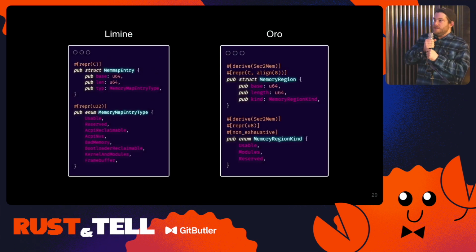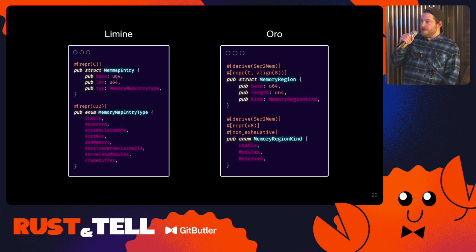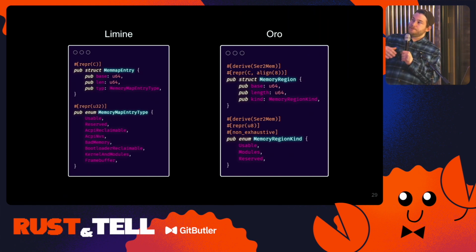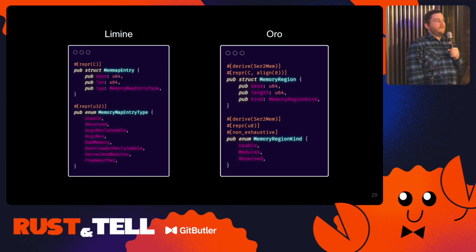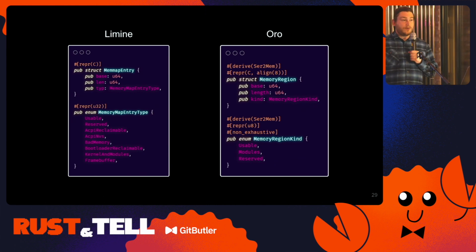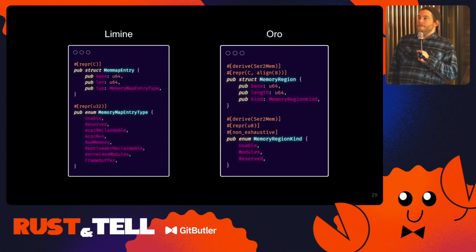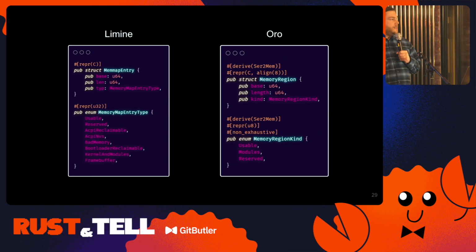So let's look at what some of these data structures might look like. These are copied and pasted, these are real. This is from the mean, and this is just for a single memory map entry, meaning one region of physical memory that we can use for storage, right? We have a base, which is a u64. In this case, it's a pointer. It's just a number. It's not really a pointer because you can't write to a physical address directly in most cases. A length, how many bytes long is it?